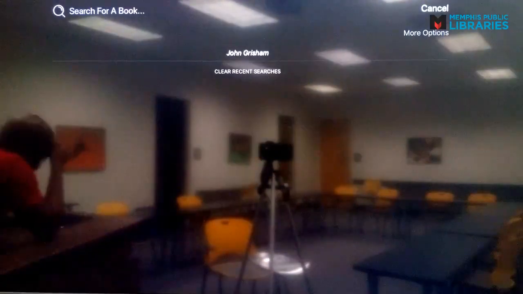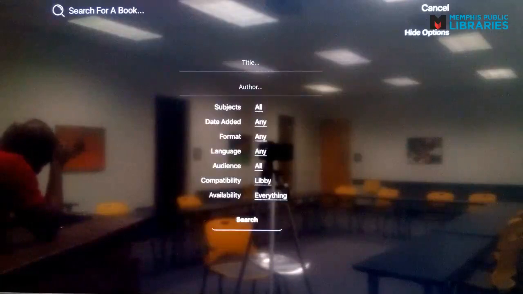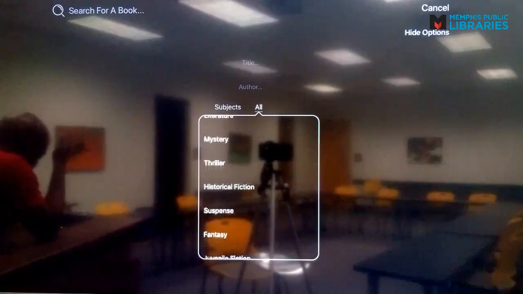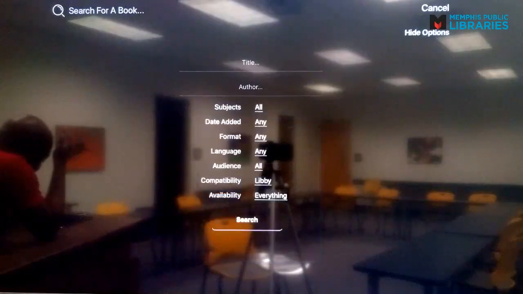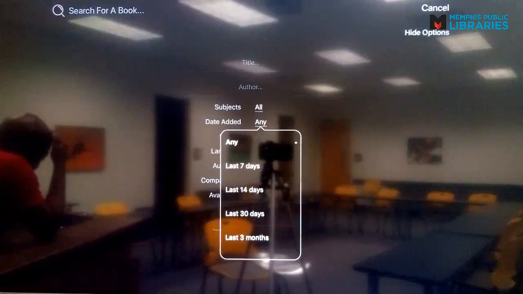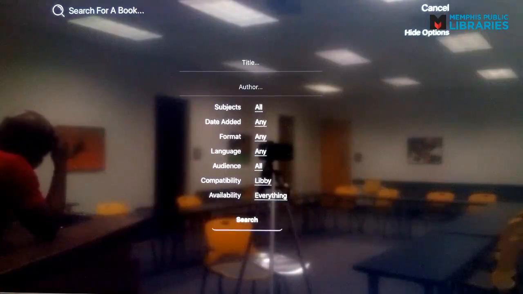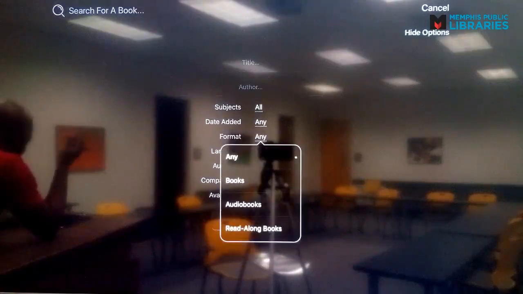If you see the more options sections towards the right of this, you can modify your search by subjects, which is basically genres. Date added. If you want something from the last 7 days to the last 6 months, you can switch it up from there. Your format, which we